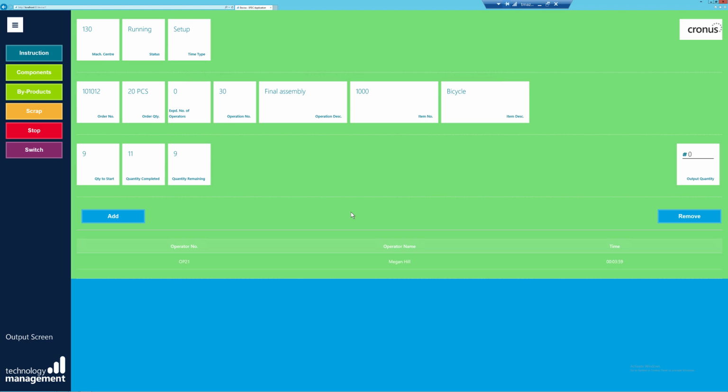Next, I'm just going to again briefly touch on the buy products action on the navigation pane. So a buy product is different to scrap in that it's an item that can be reused or resold. So buy products are set up in nav, which again we will cover in its accompanying video. But in order to post a buy product, if I just select the action,